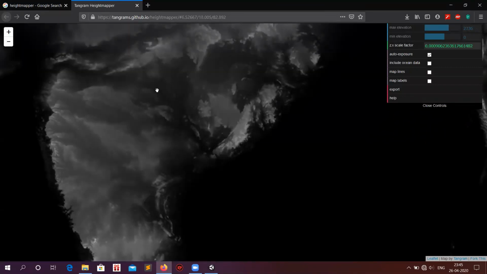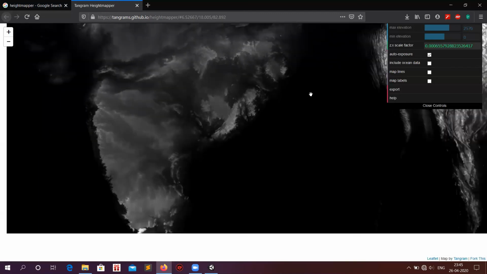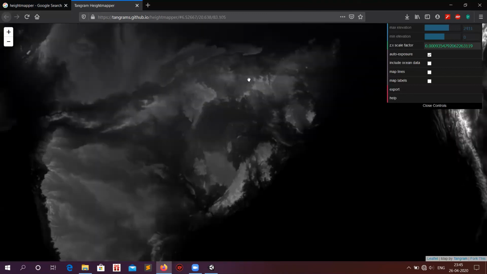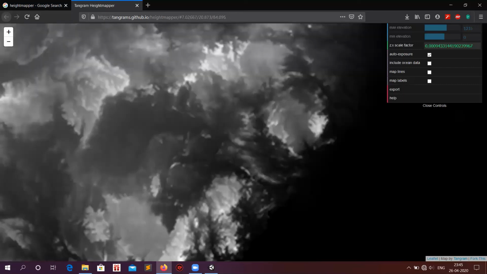These height maps are used to depict the bumps and the depth in the model. The part that is more white means that part is higher in height, and the part that is pitch black or darker in color means it is flattened.